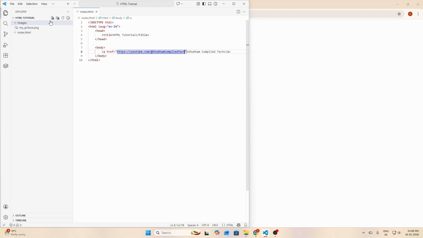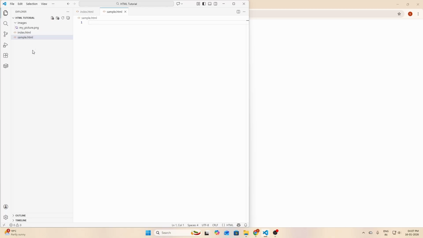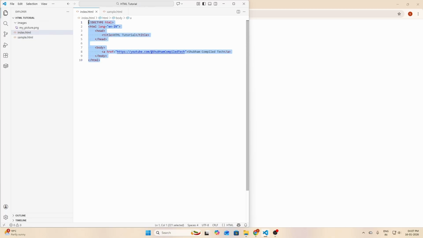So for example, let's create a new file here by clicking this icon, not inside the images folder, or we can right click here and create a new file called sample.html. And if we copy and paste the content from index.html here and change some content from HTML tutorial to, like, this is sample web page, and instead of an anchor tag we can just say a paragraph here. This is